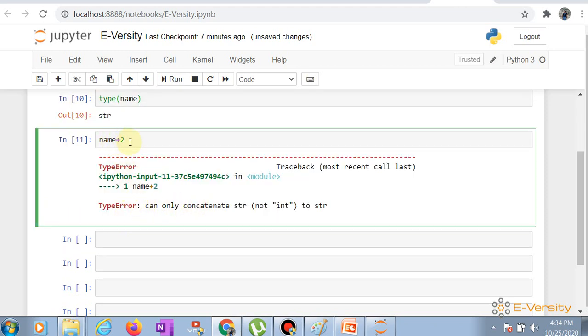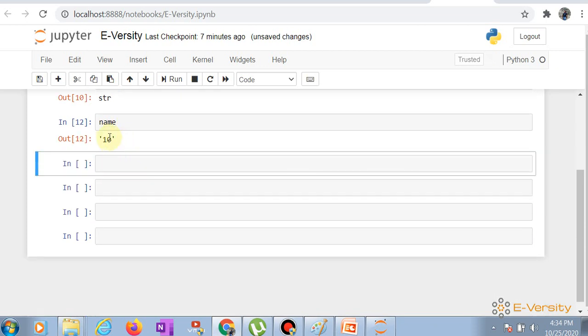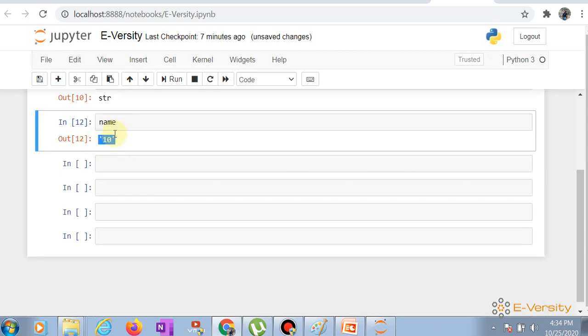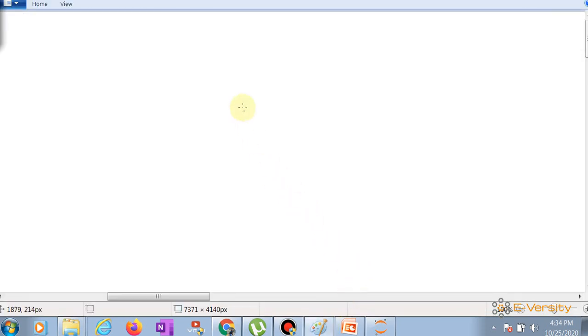But you can see what is the value of name. So name is basically 10, but you can see string into a single quotes. When I'm writing an integer value, the integer value is this and the string value is this. This single quotes tell the interpreter okay, this 10 is a string. You cannot do the mathematical operation. Okay, so this is the problem. That means we are not able to take the input as an integer from the user.